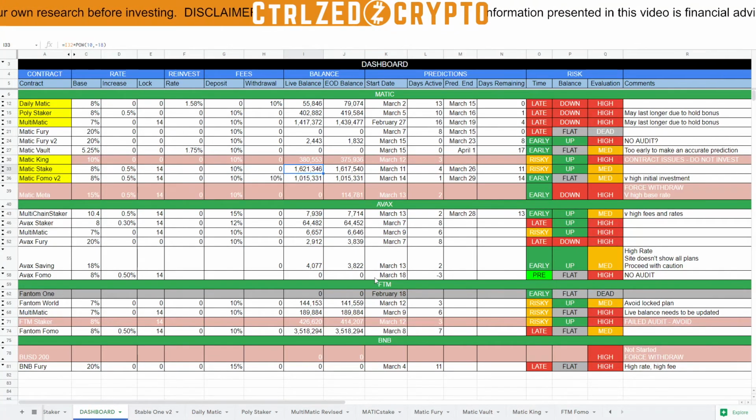Okay, let's talk about Matic Fomo V2. So if you've just noticed that these balances have changed, it's because I've had to pause the video and fix a couple of issues in the spreadsheet. But basically, Matic Fomo V2 I spoke about yesterday and just said it had a very high initial investment. So even though we're early, people were kind of loading into that right up front. And so there was a lot of risk there. That's why the risk is medium,